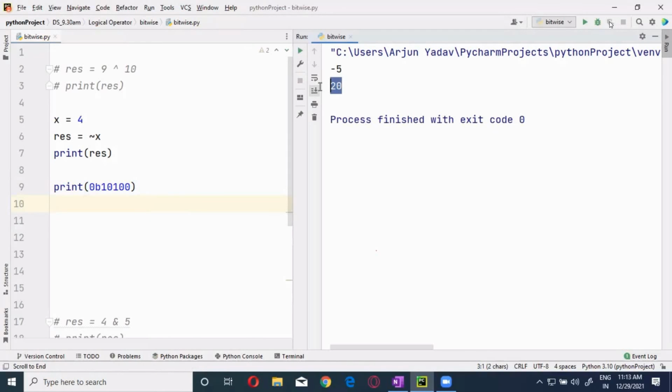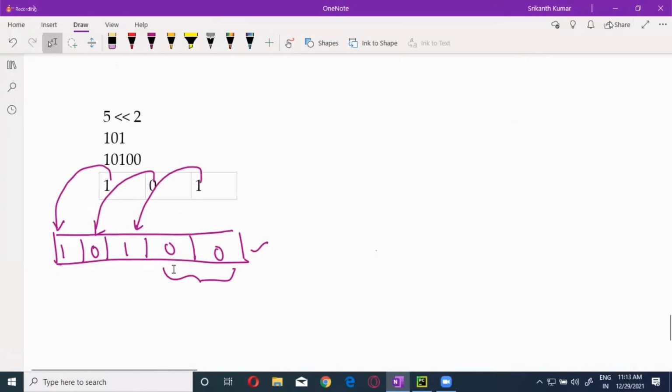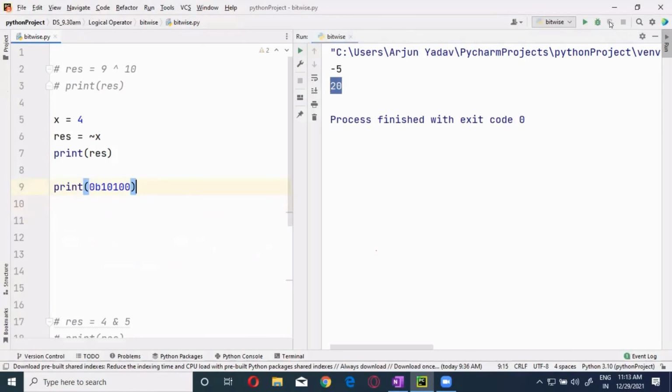Getting it here. Okay. So this is the way you will be getting it. And one more thing, whenever you're using the left shift operator, guys, always the resultant value will be more than the existing value. Whatever the given value will be there, always the resultant value will be more than that. Now, if you want to check some other example, like we are having 5 left shift 2. Same thing I'm doing. I'm printing it over here. I'll use the result and I will print the result.